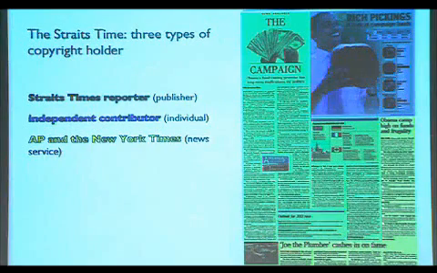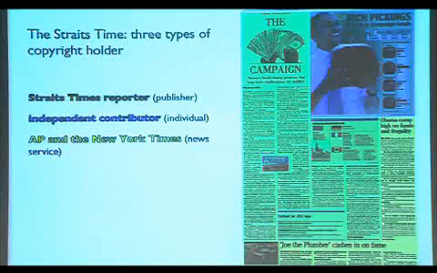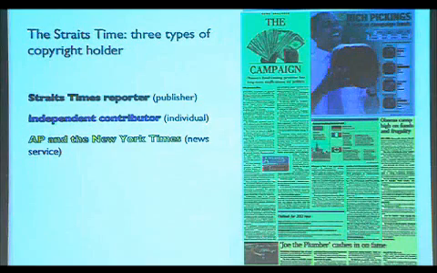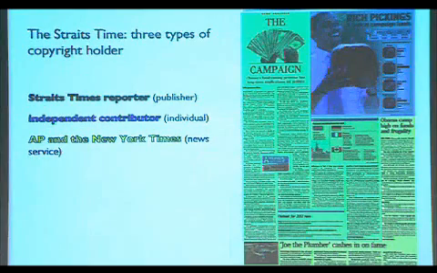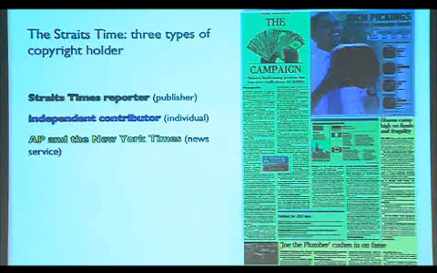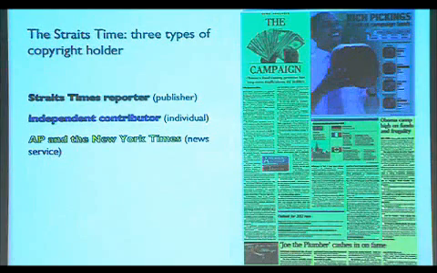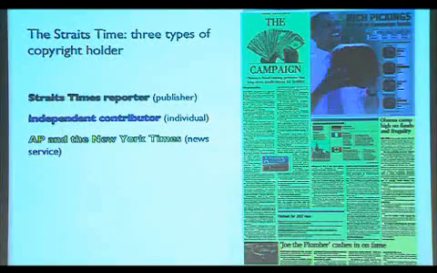Now come back to this problem. You've got a single page from the Straits Times, which is the flagship newspaper in Singapore and Southeast Asia as well. There are 3 different types of content, at least with respect to copyright, on this page. You'll see an article from a staff writer at the Singapore Press House, one from some independent, and 2 from news services. So if you're going to present these things on the internet, make them accessible to anyone, how do you deal with the 3 different types of articles, article-wise, not page-wise?